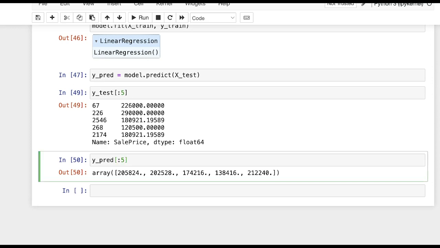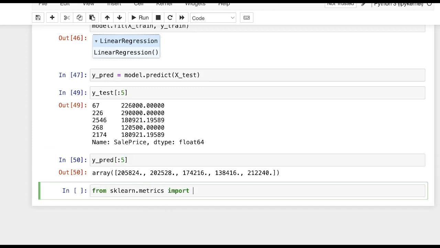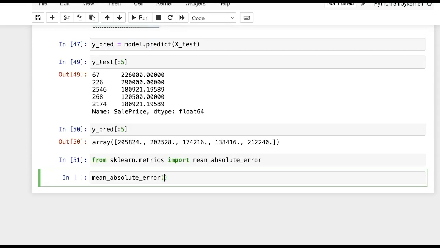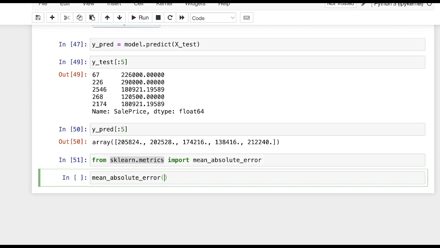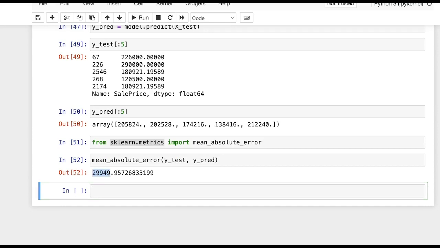Let us evaluate the model. If you have seen my previous video, in that video I have shown multiple evaluation metrics for linear regression, and we will use one of them, which is mean absolute error. This mean absolute error, we have imported it from the sklearn metrics library, and we will pass the original values and the predicted values in this function. It will evaluate the difference between them and how well the model has performed. So let's pass the original values, which are y test, and the predicted values, which are ypred. So 29,949, currently this is the mean